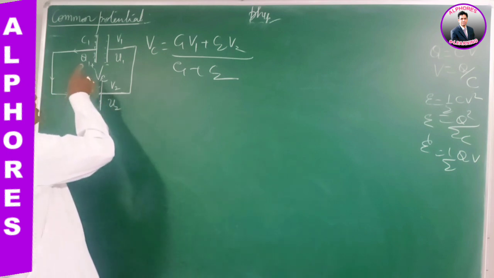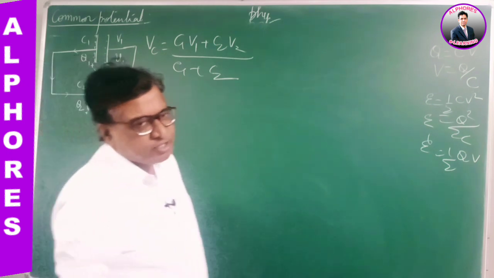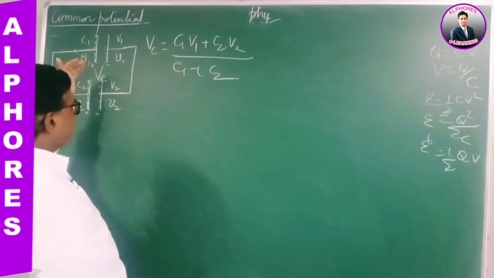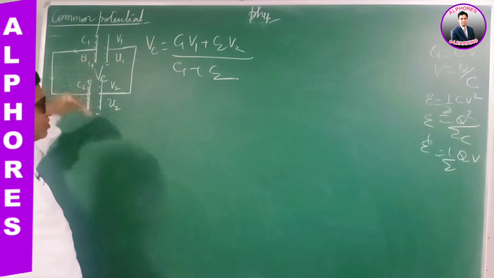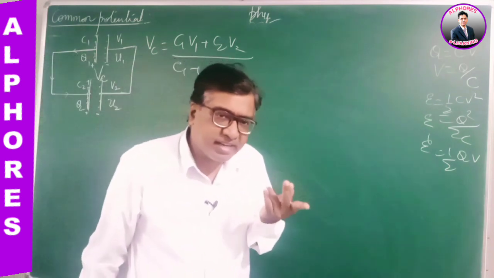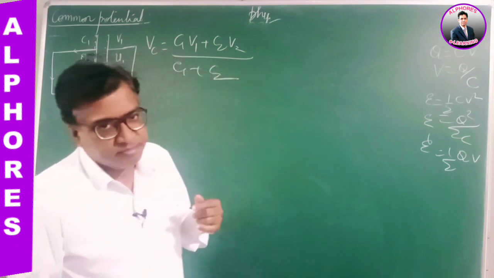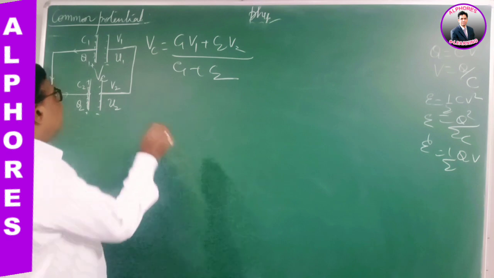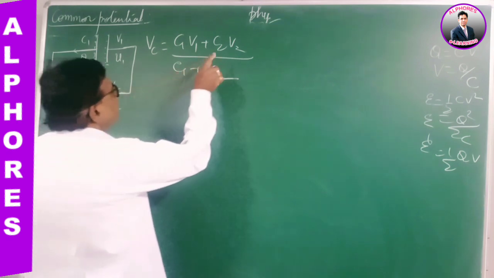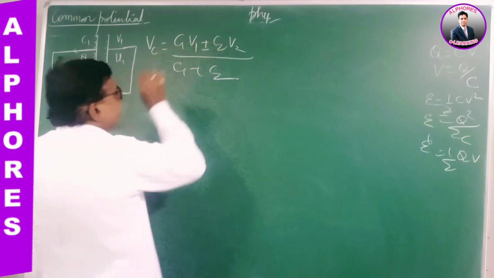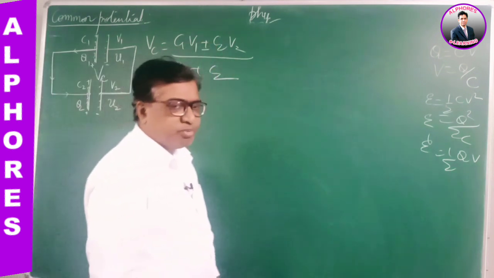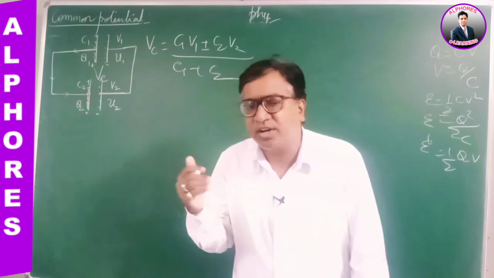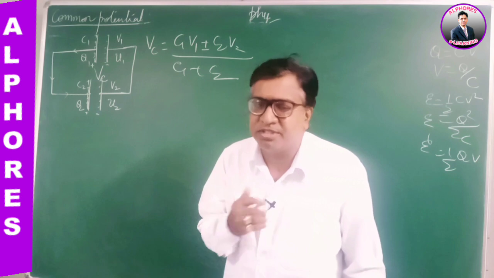In this case I have connected plus to plus, minus to minus, so it is in the right way. Suppose I connect the reverse way, plus to minus, minus to plus. That is the anti-parallel method. This is the parallel method. If I connect in the other way, then the second one is reversed, so V2 is reversed and I get a minus. When like terminals are joined together, the common potential we got is C1 V1 plus C2 V2 by C1 plus C2.